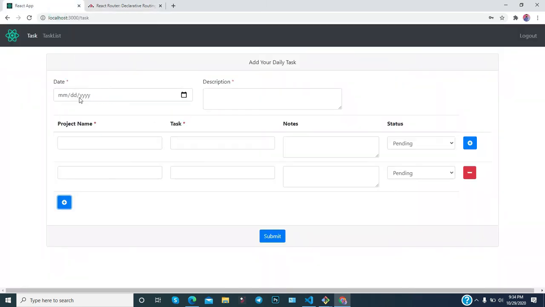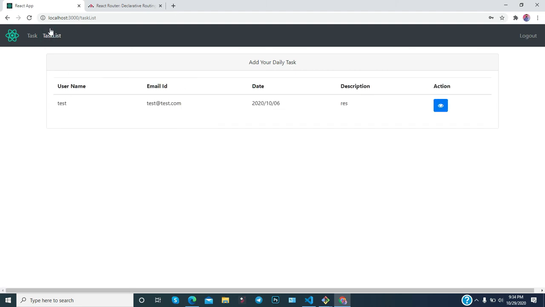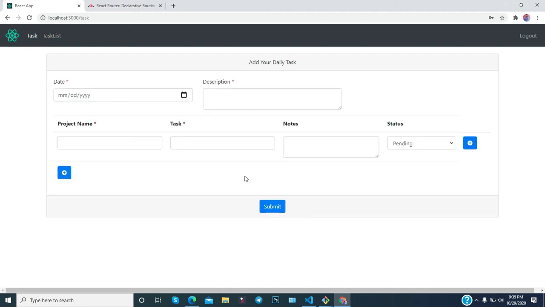Suppose, as you can notice here, that Task is in white color and Task List is in a faded color. Why? Because Task is the active route. This Task is active, that's why it is in white color. If you click here on Task List, then Task List becomes white and the other becomes faded. Why? Because the user will be able to identify which route they are on. If they click Task List, they will know they are in the task list, and if they click Task, they will understand they are in the task.